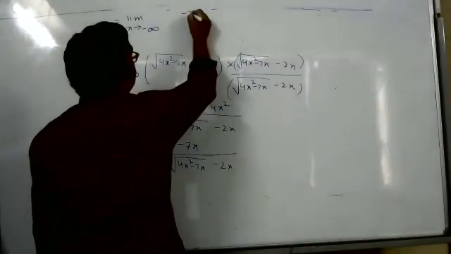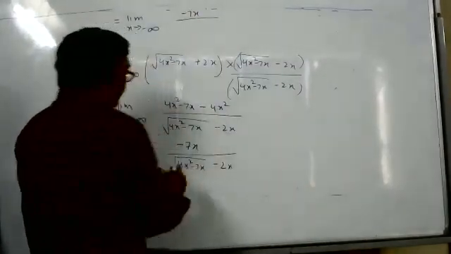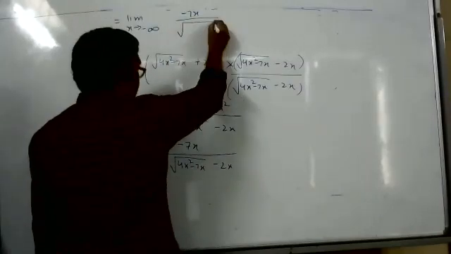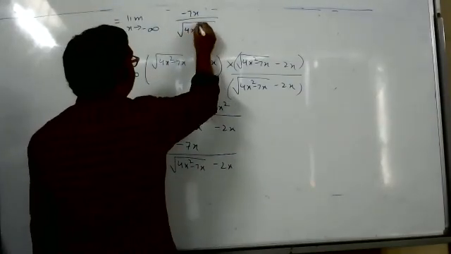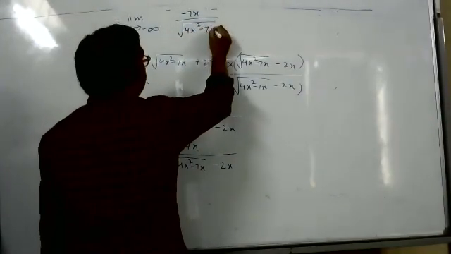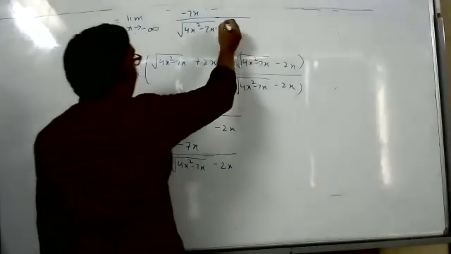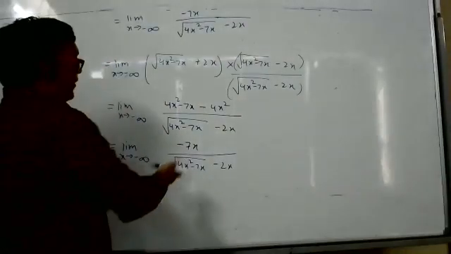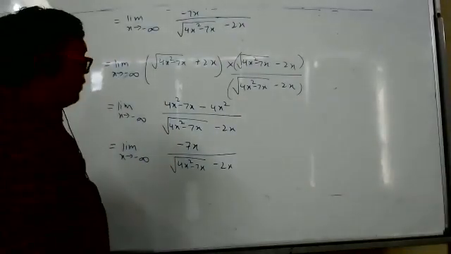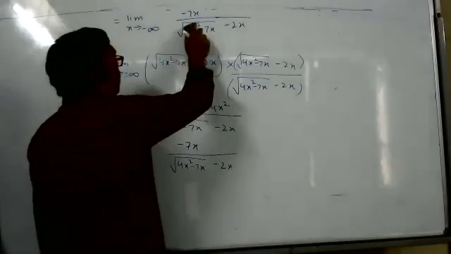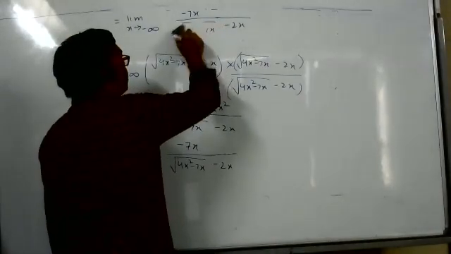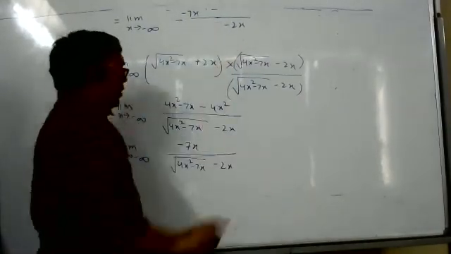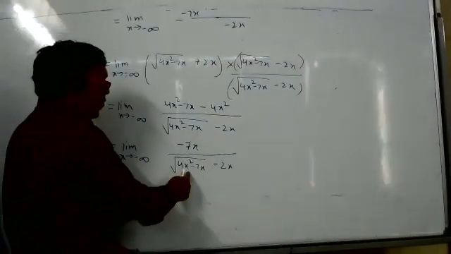Minus 7x. And what we can do, pay attention on the board. This is a little different sum. Why is it a little different? Because here x is tending to minus infinity as well as the root is there. I think I wrote the same thing only. So now what I will do, from the root, I will take x common. Here only I will take x common.